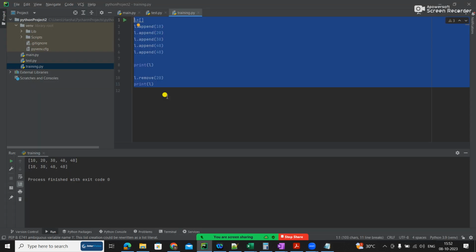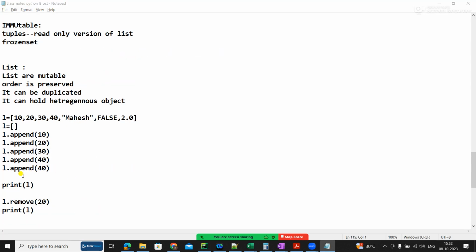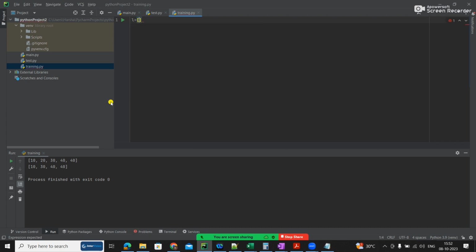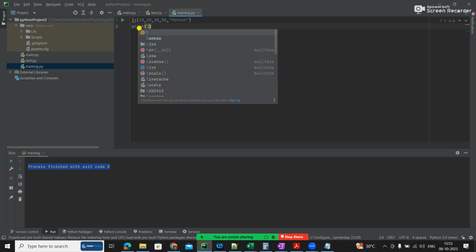Okay, this was a list as I showed here. So list can be also created like this, 10, 20, 30. If you want to add a couple of objects, this is how we usually do. So this becomes a list. So print of l. See, in Python, exit code 0 means your code is successful without an error. Don't think some error is coming with 0. So usually exit code 0 means there is no error. Your code is free from any error.